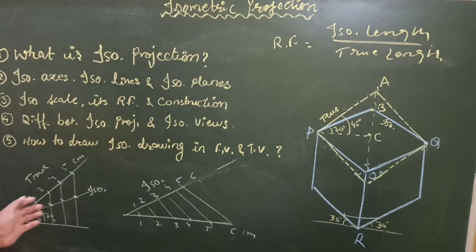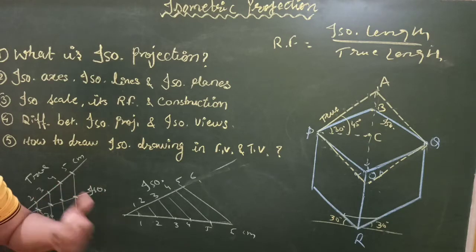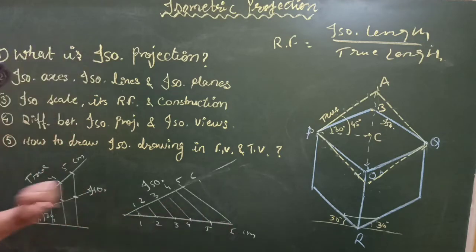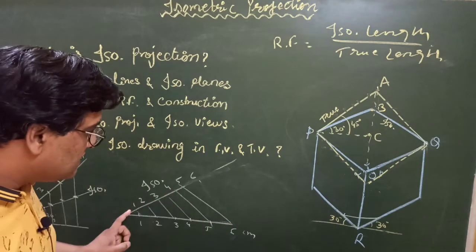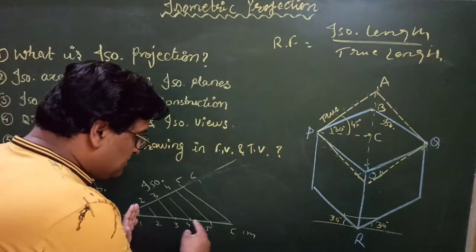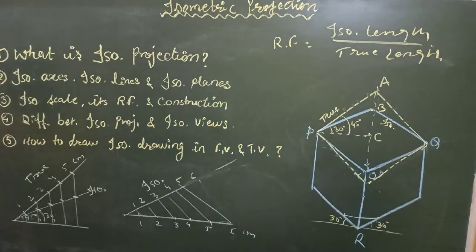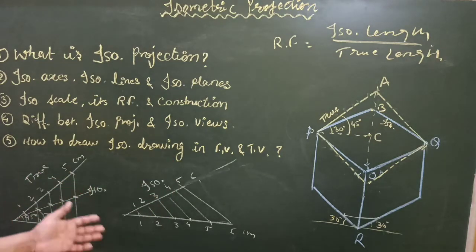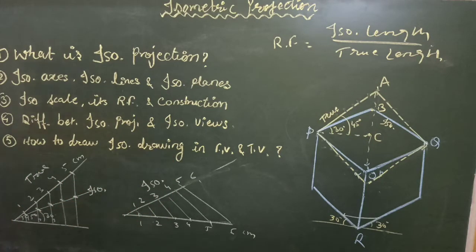So any one of the methods you can use, whatever distances you want to cut. Rather than multiplying again and again, you may draw these isometric scales and directly take distances either from here or from this line. The maximum distance taken here must be equal to the highest distance in the diagram, so that you can take all the dimensions using the isometric scale.